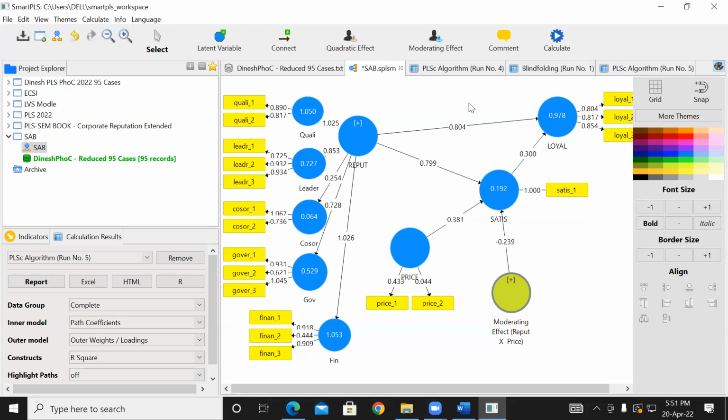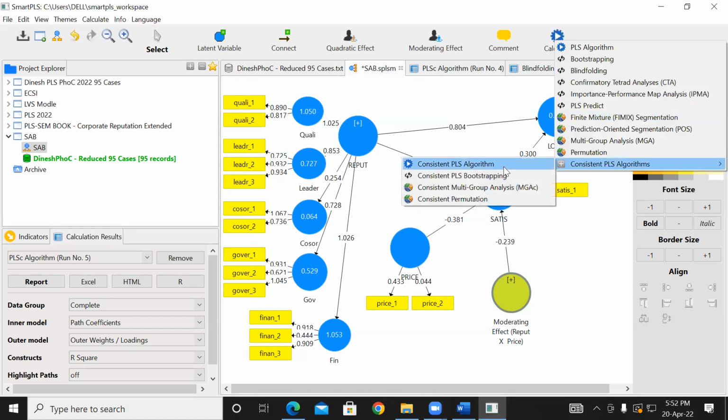But remember, you want to test it statistically by looking at the t value or the p value to test the hypothesis. Then I again run another algorithm, right? That is calculate consistent algorithm, not the algorithm. Now bootstrapping I run, right? Earlier I ran consistent PLS algorithm to get the path coefficients and the factor loadings. Now I run PLS